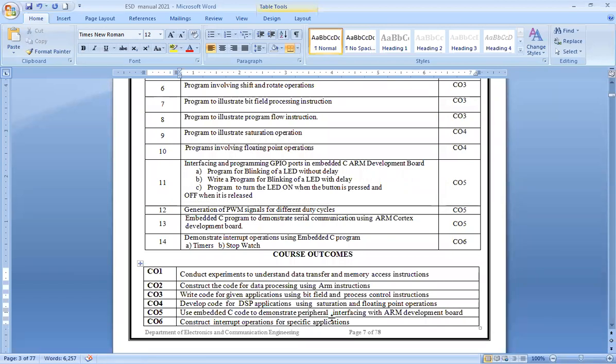Construct interrupt operations for specific applications. So what is an interrupt? Let's say there are about 3 to 4 tasks to be executed one by one. If something comes up in between which has more priority, the currently executing task will be held.